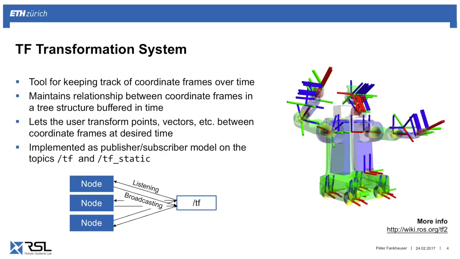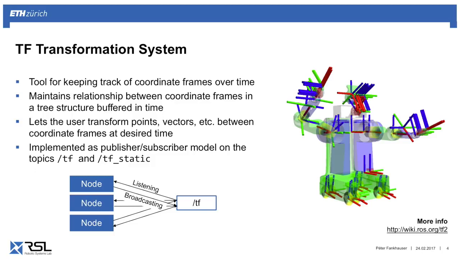So first, the TF transformation system. It's a system to keep track of all the coordinate systems that run your robot. And here's an example. On the PR2 robot, you see that it has many coordinate systems. So essentially the base, there might be a map coordinate system, and then each joint, each sensor has its own